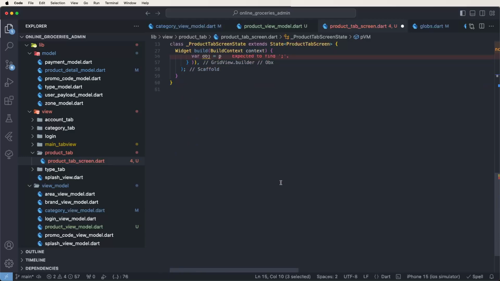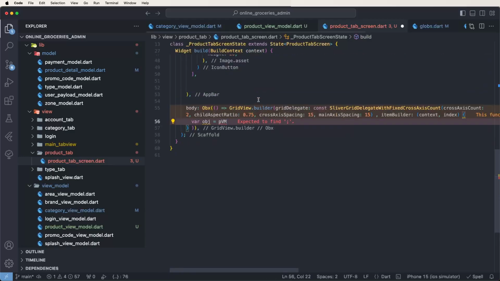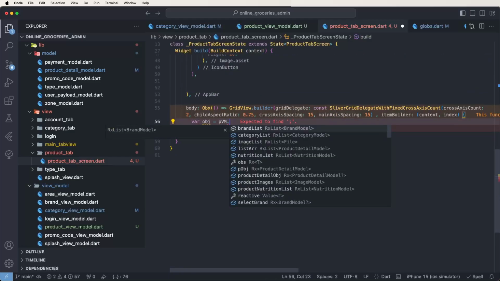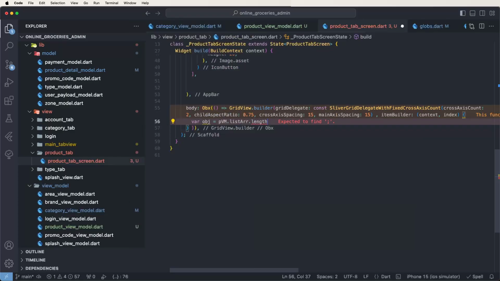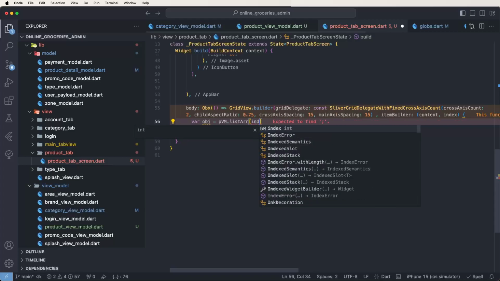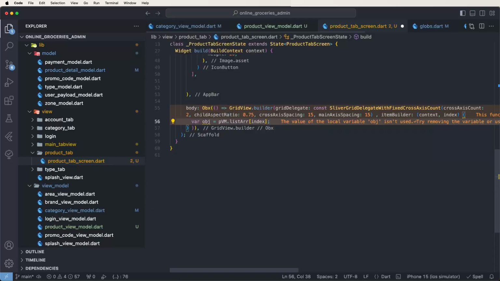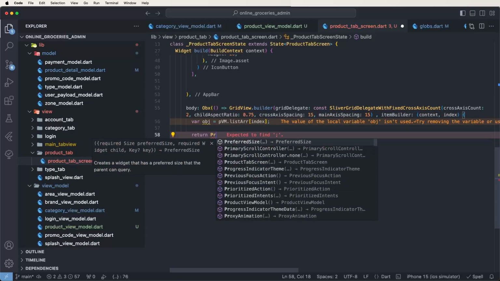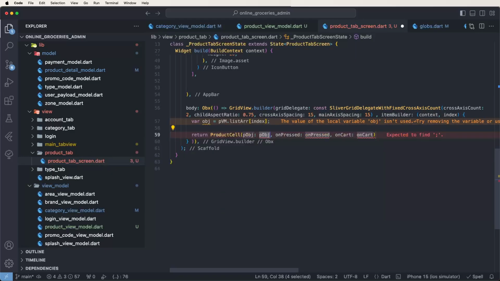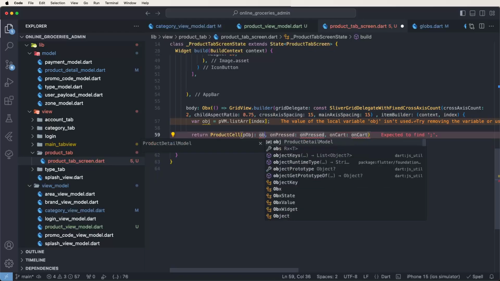Now use this, pvm.listArray. Set the length, not length, we need to set the index of value, need to get, semicolon. Now we need to return, set the ProductCell and pass the object